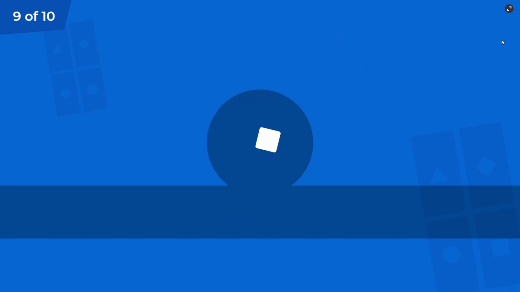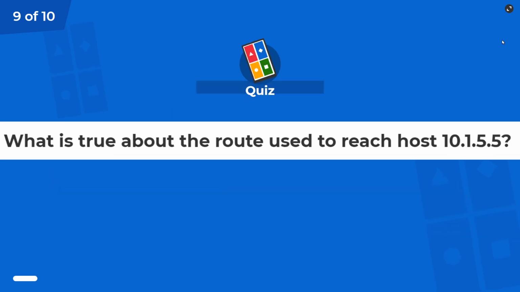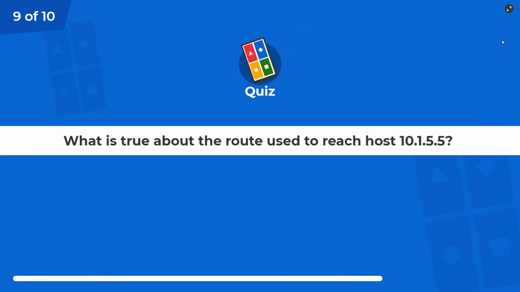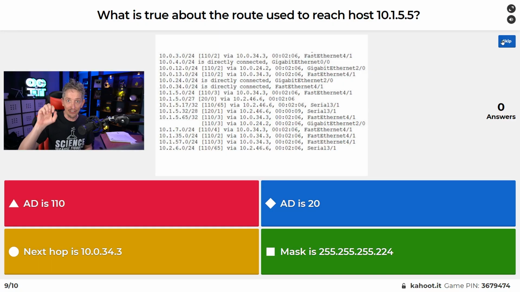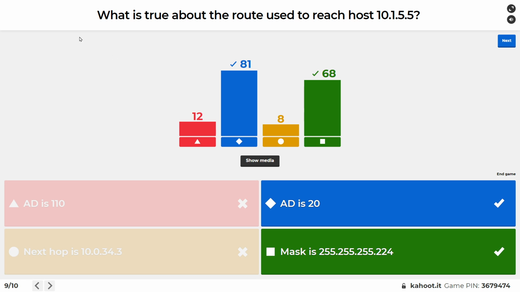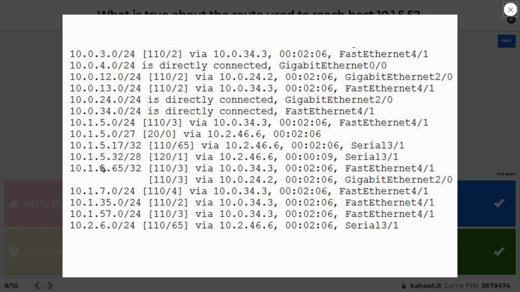Here we go. Here's question number 9. Multiple select. What is true about the route used to reach a host at 10.1.5.5? All right. Wow, look at that. We have massive numbers on the correct answer. So good. So this is the best, this is the longest match, and that's why that would be